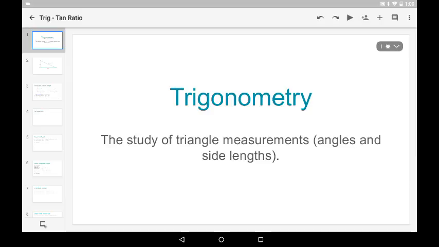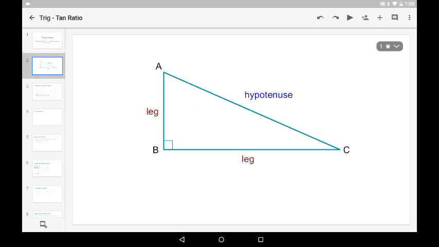Okay, so this is our first lesson on trigonometry. Trigonometry is the study of triangle measurements, so we're talking about angles and side lengths. In a right triangle, you all know that the hypotenuse is the longest side and it's across from the right angle. The other two sides are called the legs, and when we're talking about trigonometry, we have specific names